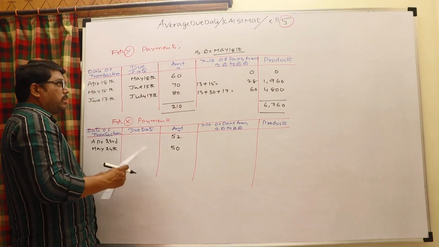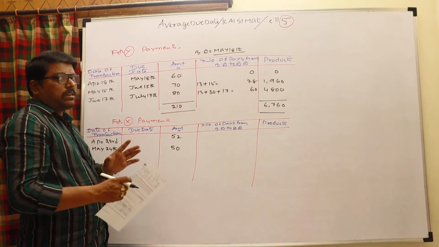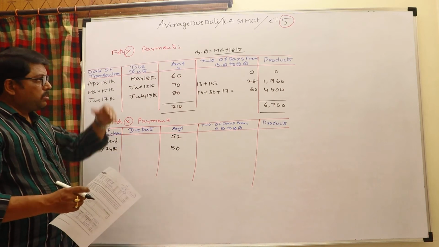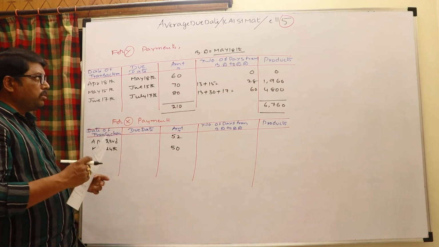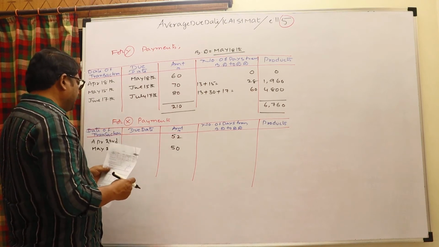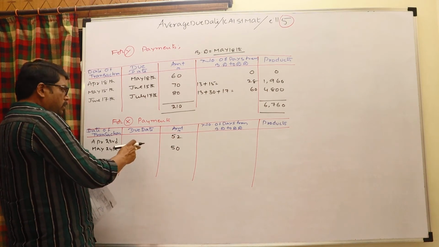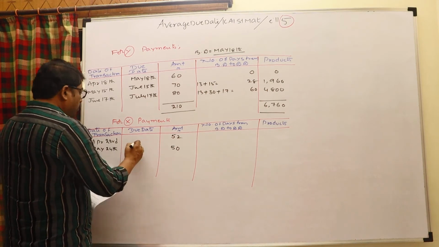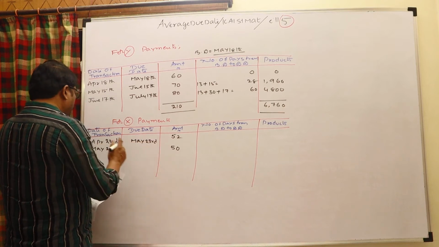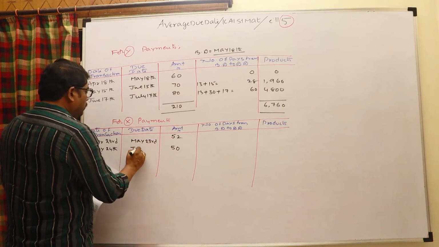And very importantly, to calculate the average, the base date should be only one, so whatever base date you have selected earlier, the same base date should be taken even here, which means May 18th. Okay, 1 month credit period should be added to know the due date. This is May 23rd. 1 month in the sense June 24th.